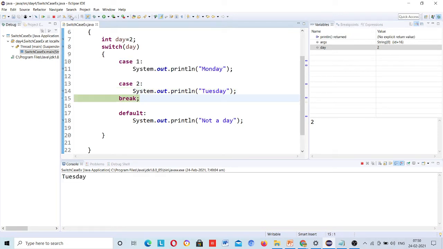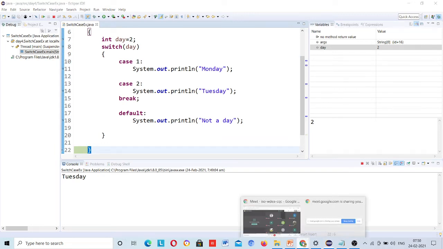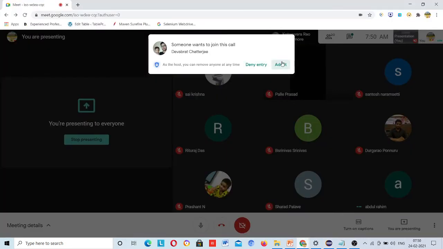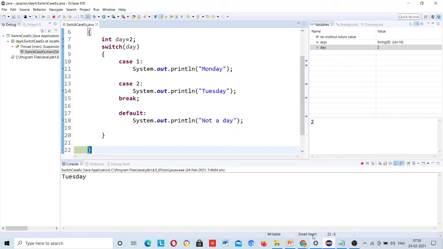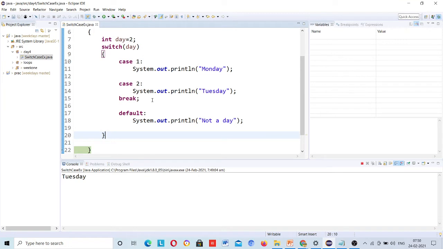Now it will find the break statement and come out of the block. The current block was this, and it came out of that. This is your switch case. I will remove the debugger. Guys, just because you have learned debugging doesn't mean you don't remove the debug points after completing your task.